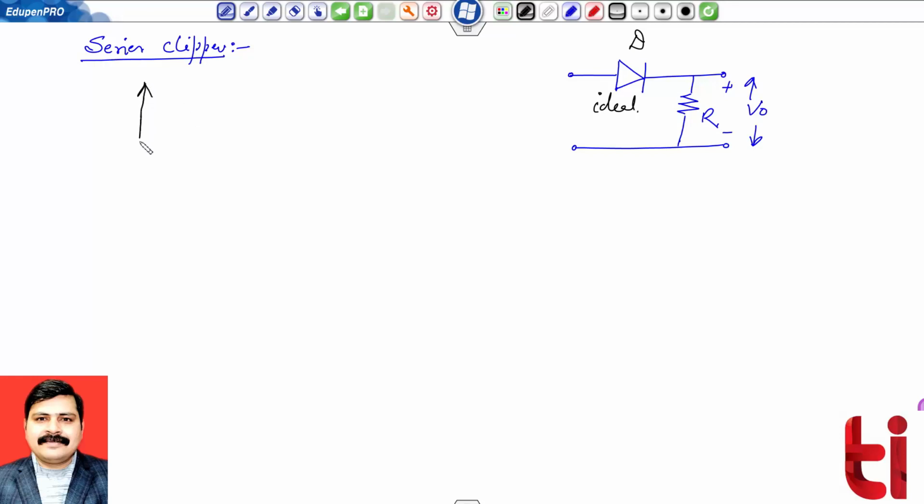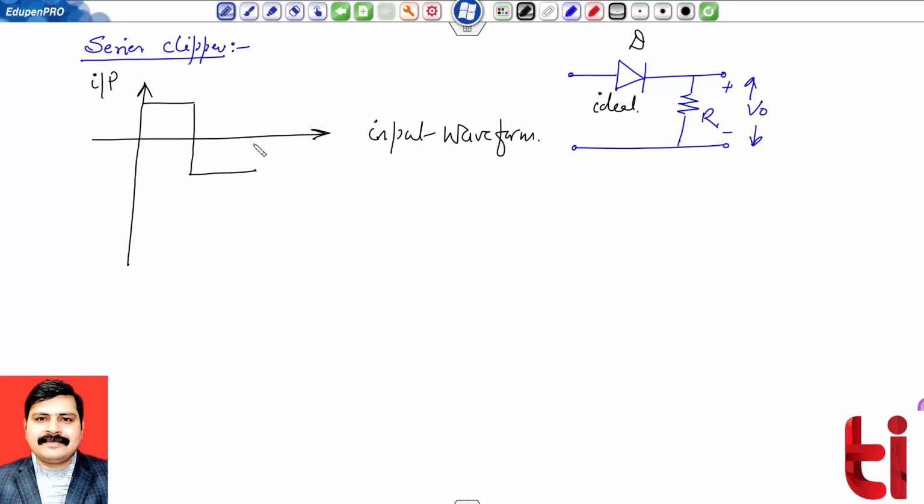So for the working of this circuit, let's see the respective input and output waveforms of voltage as well as current. Suppose this is my input signal, the input waveform, and I'm assuming that I have given a square waveform over here. Suppose my input is V and this is minus V, with time periods T by 2 and T. Suppose this is my input voltage Vin.